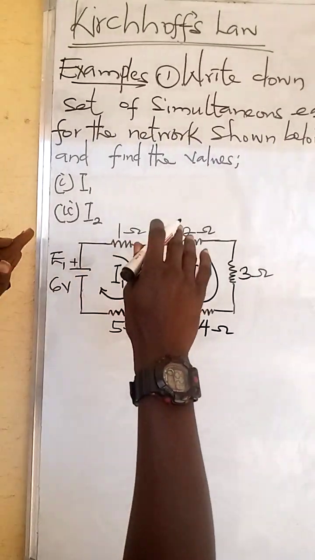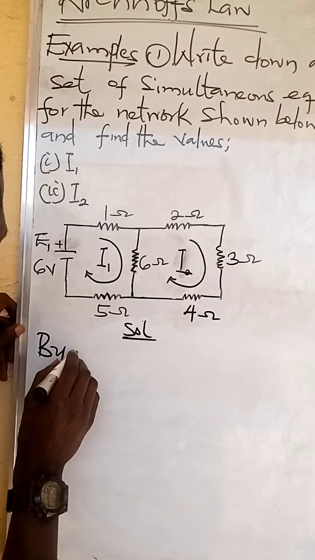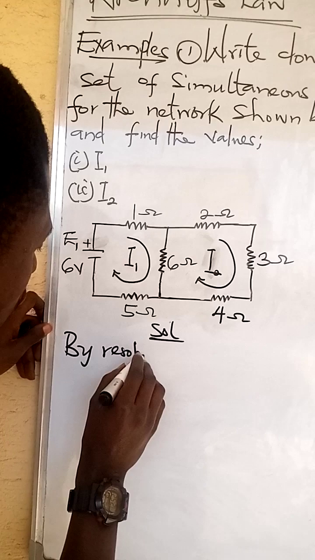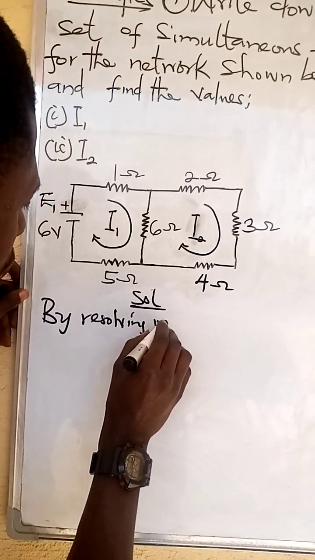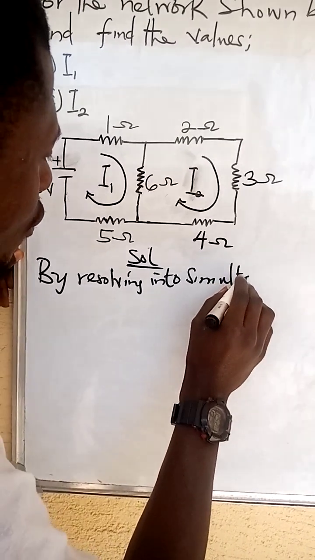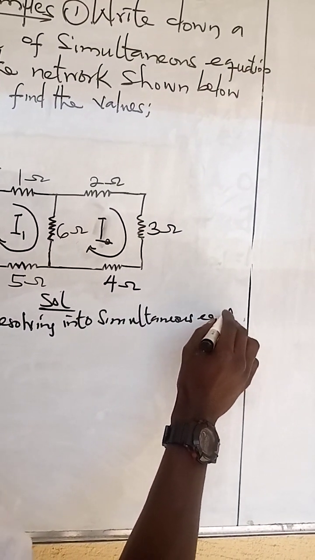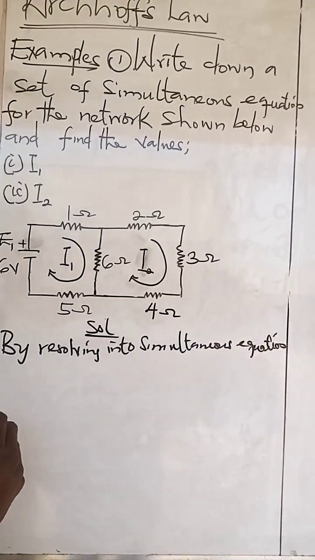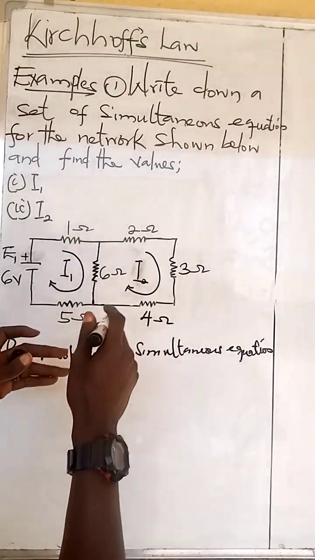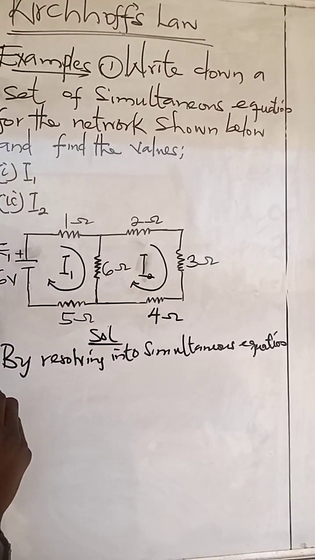We need to resolve this circuit into simultaneous equations. So from the circuit, we have loop 1 and loop 2. So we are going to start from loop 1. So from loop 1,